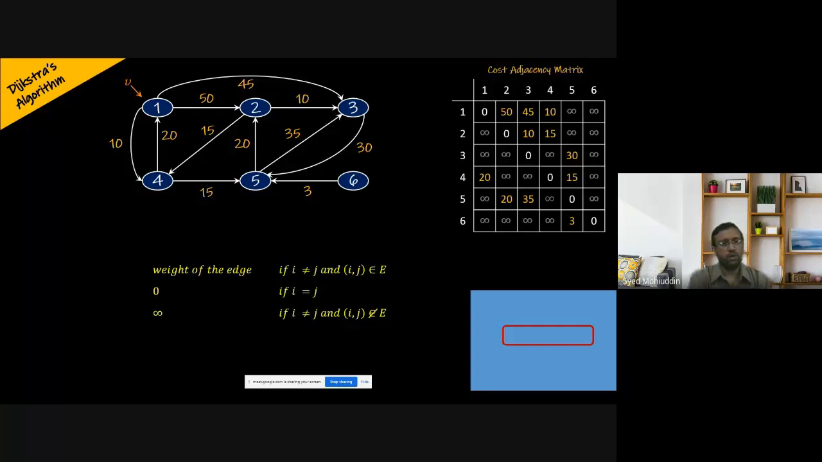Now, since we are solving a single source shortest path problem, what we have to do is, here we need to consider,